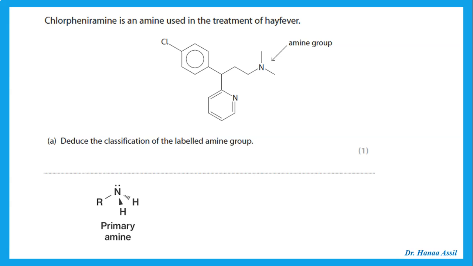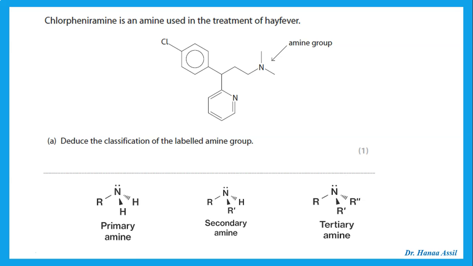Remember, we have something called a primary amine, secondary amine, tertiary amine. Now, you should know that all of them are derivatives of ammonia. If I remove one of the H's of ammonia and replace it with an alkyl group, so that R there represents a carbon chain, whatever. So I put one alkyl group on the ammonia, that's a primary amine. So a primary amine is